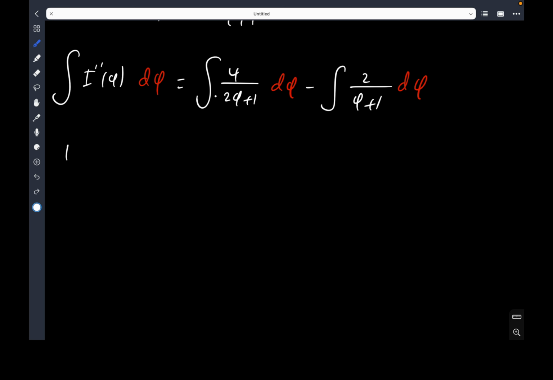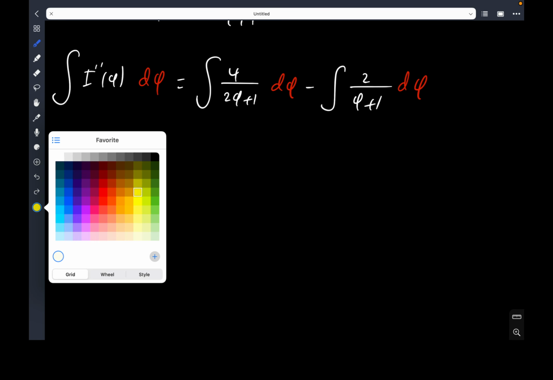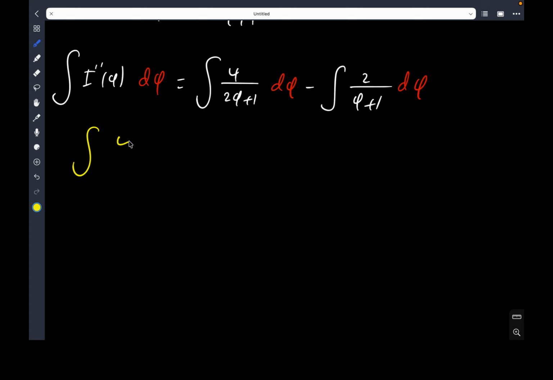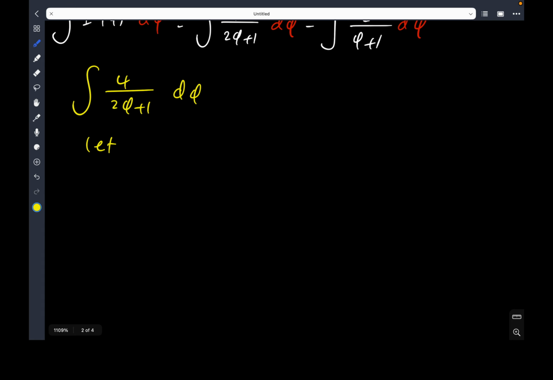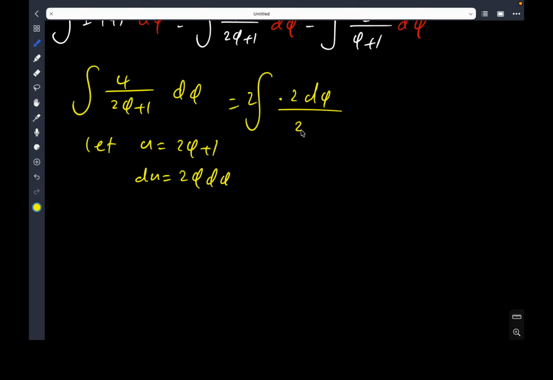Let me write this. Actually, calculate this term here. The integral of 4 over 2 phi plus 1 d phi. I'm going to let u be equal to 2 phi plus 1. My du is going to be 2 d phi. And here, I can split this up as 2 times 2 d phi over 2 phi plus 1, which is going to give me 2 times